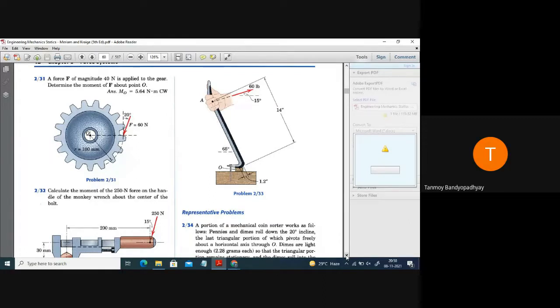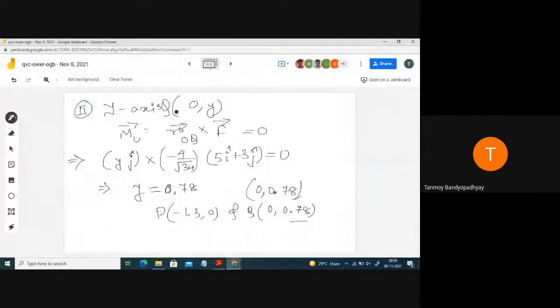Last day we had a huge discussion about how many methods we can use. You can do this using various methods. Either you can break down the force into two components, Fx and Fy. Fx will vanish because it passes through the point O, so there will be no contribution from Fx; only Fy will contribute. So directly, if you do Fy into R, you will get the answer for the moment. That is a scalar method. Last day we had lots of discussion on how to go about such problems related to moments.